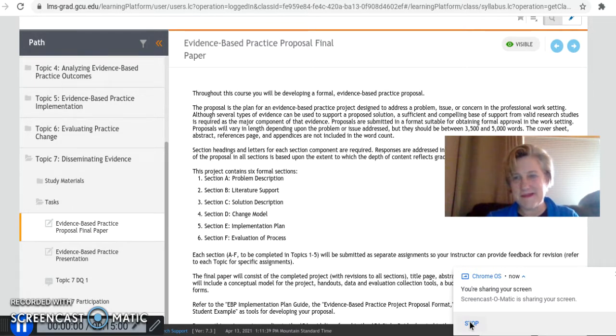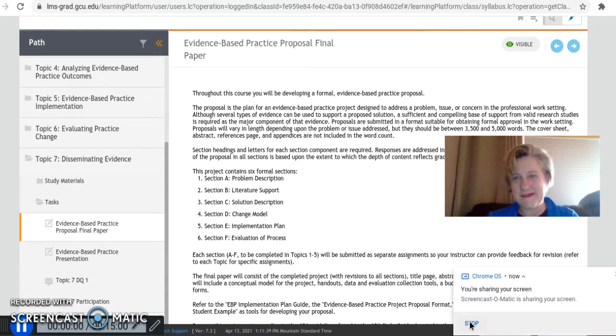So this week you're going to be turning in your final project and a PowerPoint. It's really taking all the parts of the papers that you've done before and putting them all together, gluing them together, using those headers to separate everything so I know where everything's at, adding in appendices, and I've got on the screen here the actual assignment. So you guys know what A, B, C, D, E, and F, what sections those are. You've already done them. I've given you feedback, you've made the revisions, and now you're going to put them into